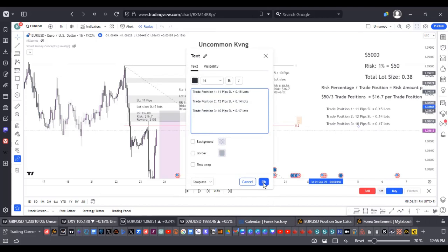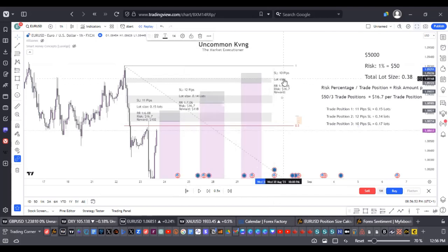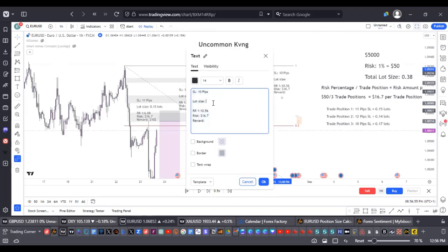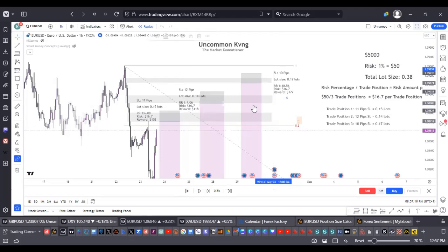Okay, 0.17 lots. And here, since we've identified 0.17 lots, we need to know how much we're going to gain. So that will be 16.7 times 10.56, and that will give us $177. So now you understand that